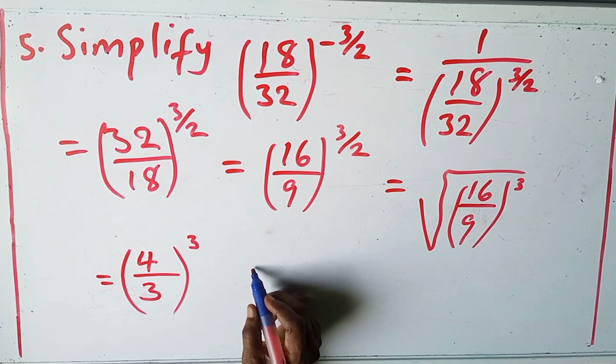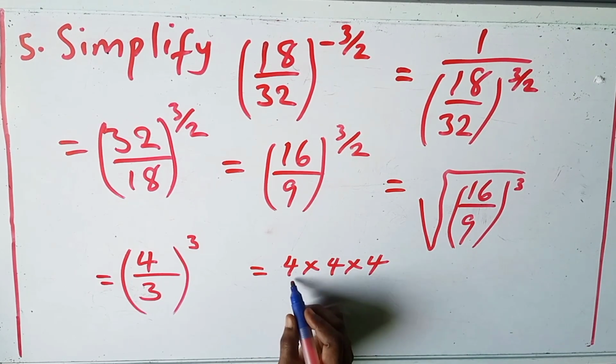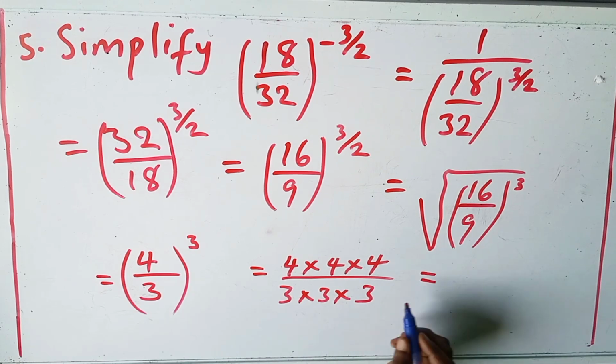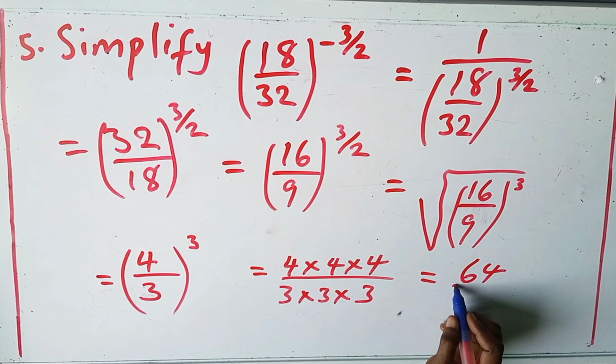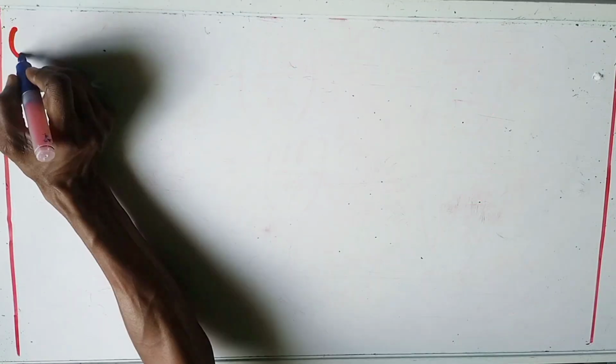Cube of 4 over 3 is equal to 4 times 4 times 4 over 3 times 3 times 3, and our answer is equal to 64 over 27. The next one,